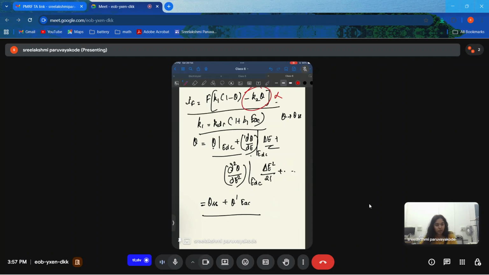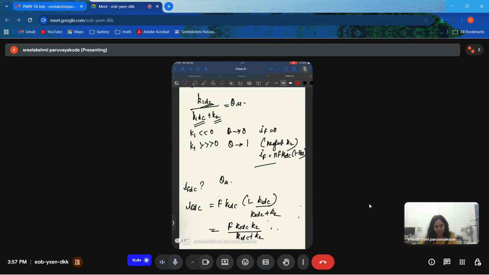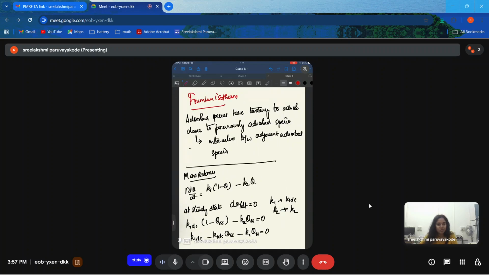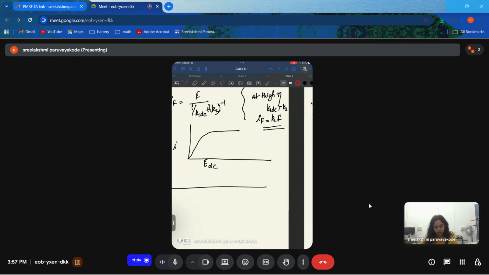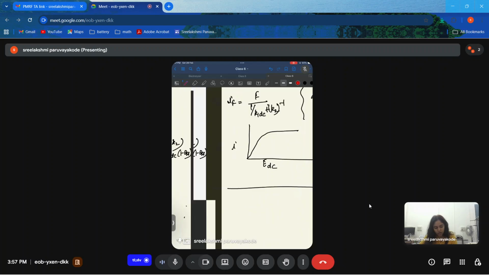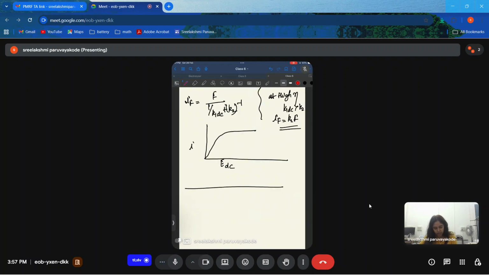This term wouldn't come. And why wouldn't it come? Because the rate of the reaction, I mean, the current in the reaction depends only on those steps where the electron transfer is happening. It excludes all the steps in which there is none. This is the thing I was saying: when you're writing, first identify the chemical and electrochemical steps, otherwise you'll make a mistake. So I made the same mistake. So here, when you're taking the mass balance, you'll account for the formation and consumption of theta. When it comes to current, what I forgot to correct over here, although